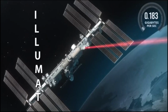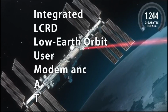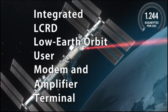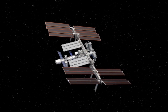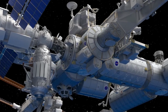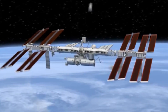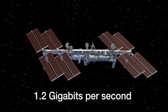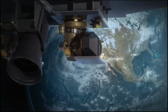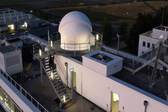ILLUMA-T stands for Integrated LCRD Low Earth Orbit User Modem and Amplifier Terminal. ILLUMA-T was launched and installed on the International Space Station. ILLUMA-T transmitted high-resolution data to LCRD at a rate of 1.2 gigabits per second. ILLUMA-T will relay data from the space station to LCRD, then LCRD will send the data down to optical